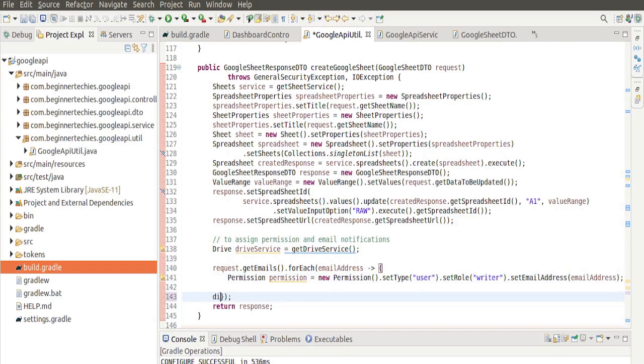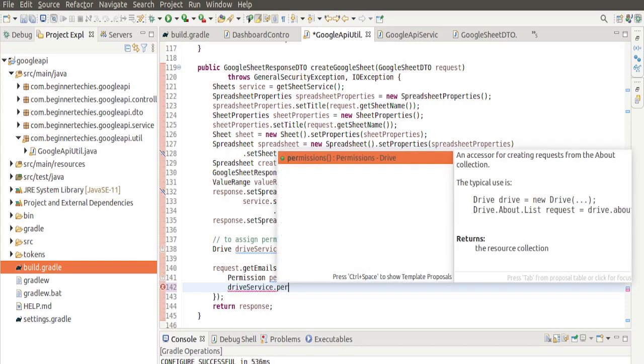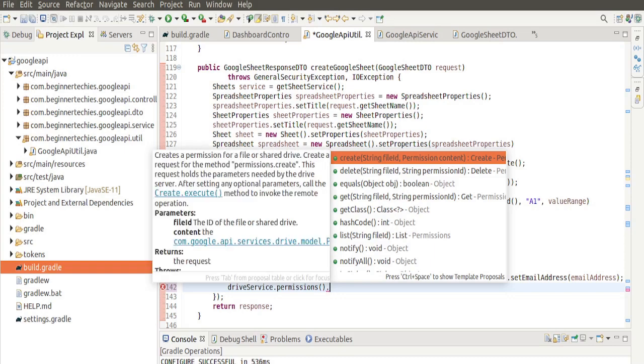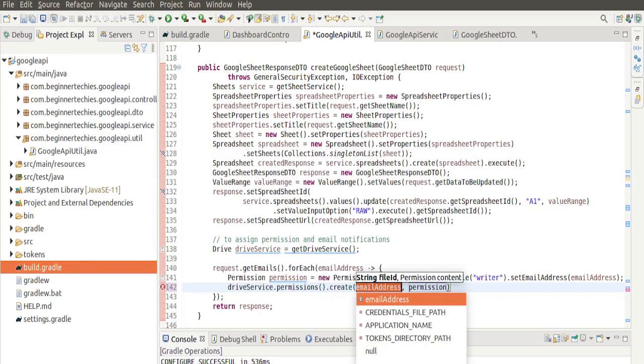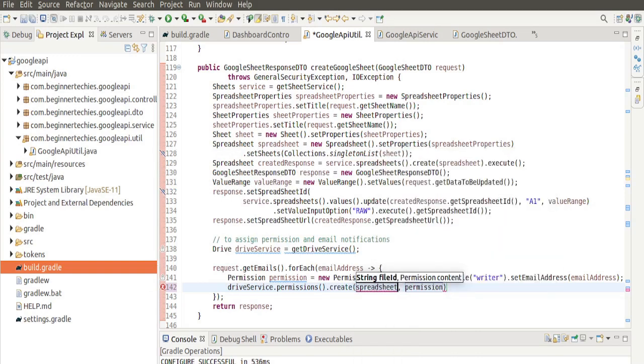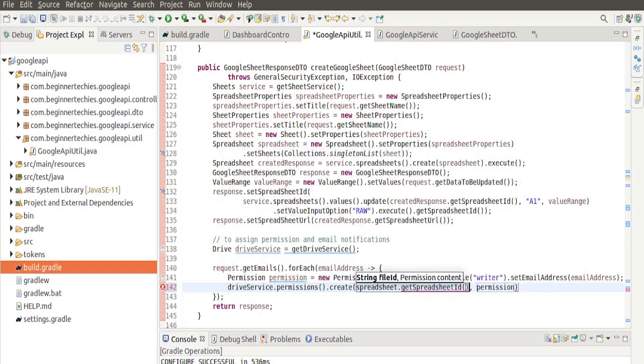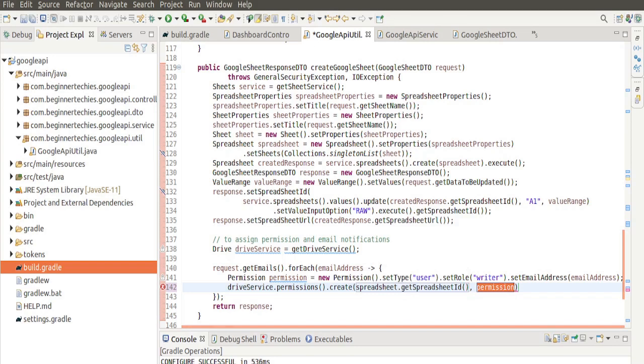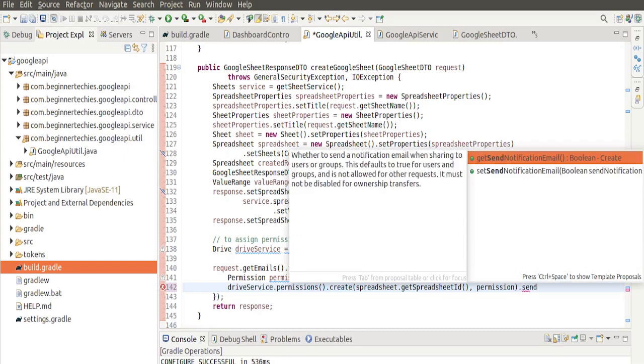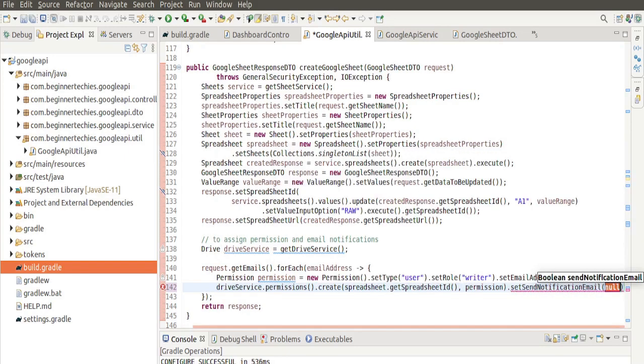Now, drive service permissions have these methods: create. For the spreadsheet, we already have the object. We need to pass this spreadsheet id. So this spreadsheet should have these permissions, and we can also send the notification. This should be true,